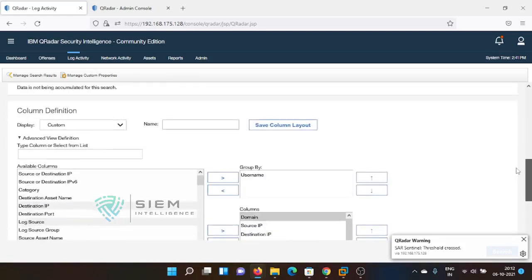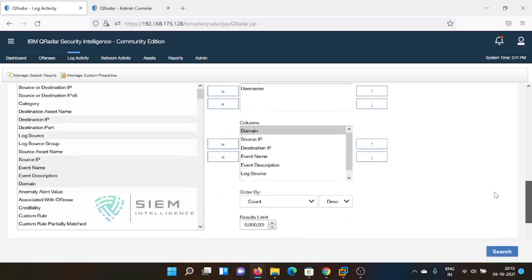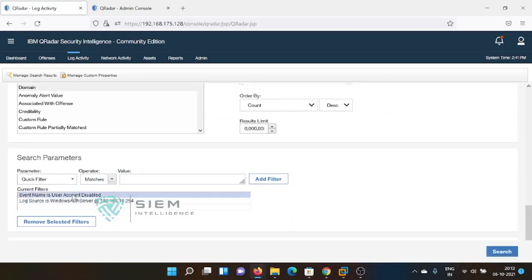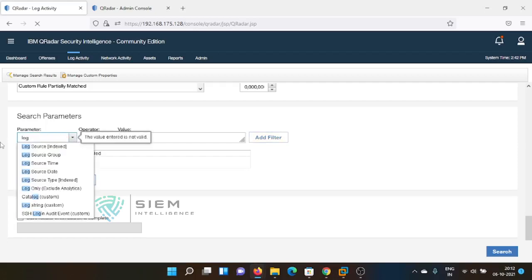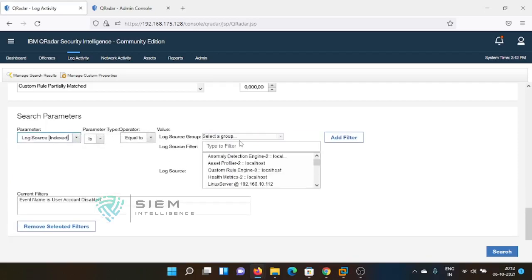This is loaded, and you can change the time. You can change the filters, as well as log sources, whatever. You see, log sources is something else. So now I want to change the log sources to something else. So you remove this selected filter and give log sources over here. Now I want to give some other